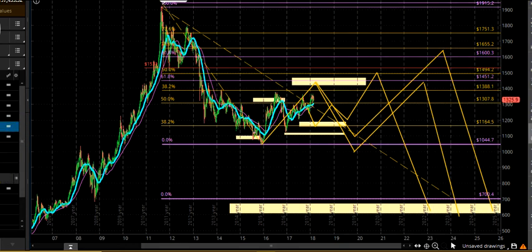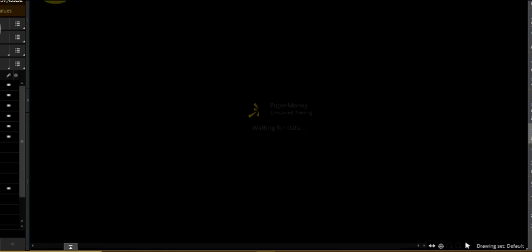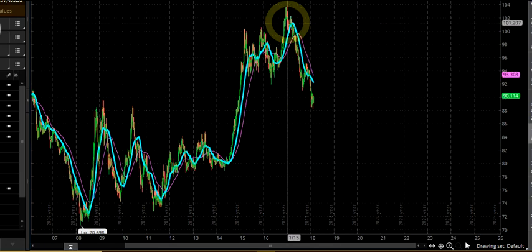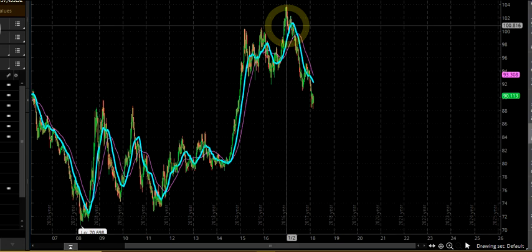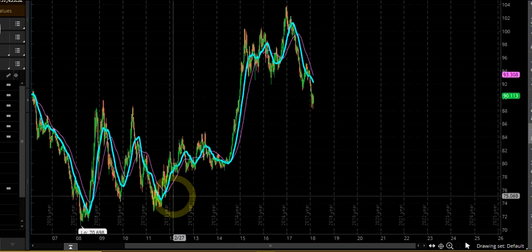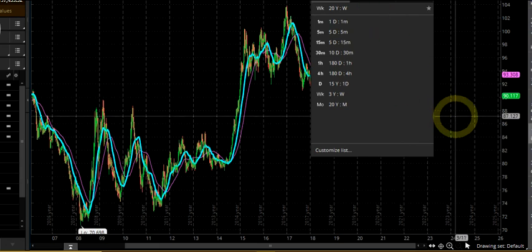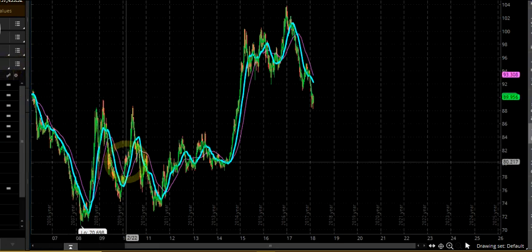In fact, if you look at the dollar, it may have already turned. Do we have the dollar in here? DXY. Maybe it's dollar DXY. Yeah, dollar DXY. So the dollar's been going down for a little more than a year now. You had this big run up in the dollar, and then the dollar's been selling off for the last year. But this could just be a retracement in a larger dollar move. Let's see if we can get a bigger chart. No, that's it. I don't know what the dollar looks like back here, but to me this looks like